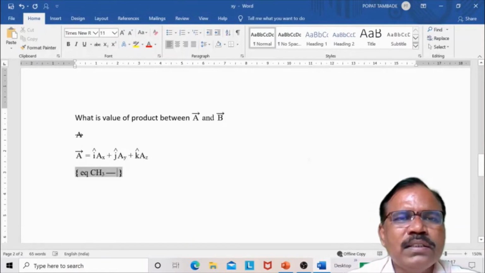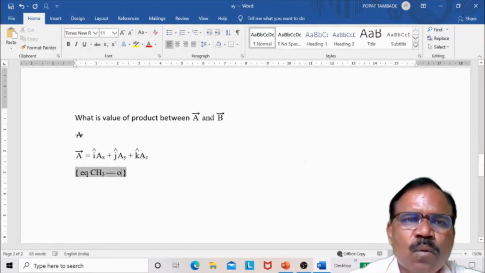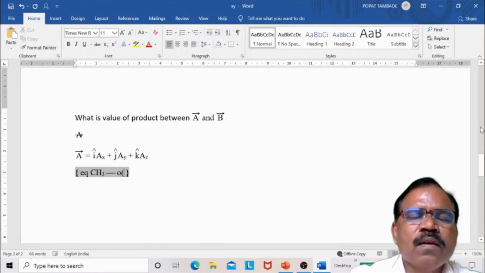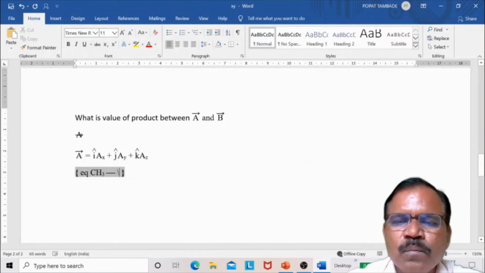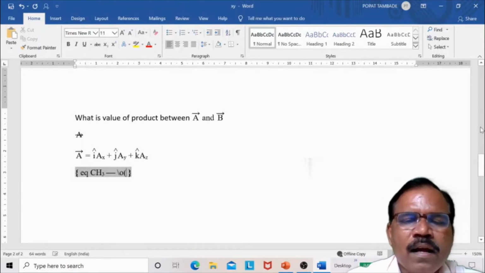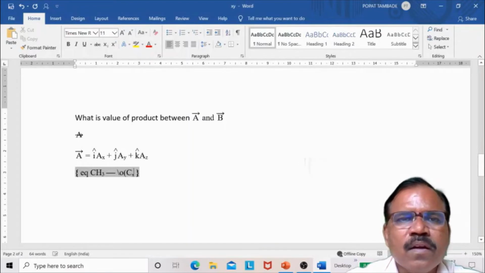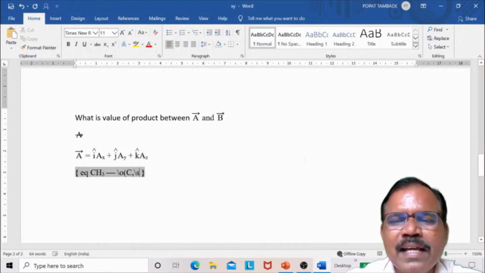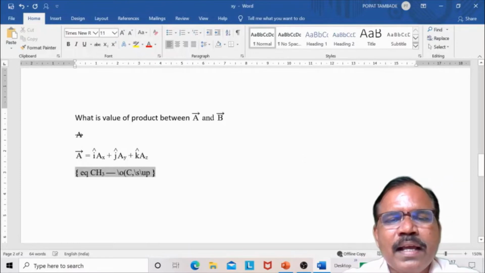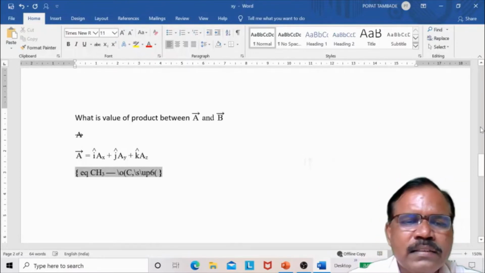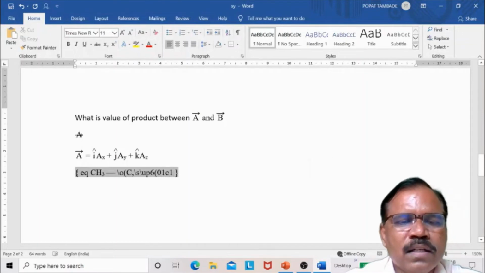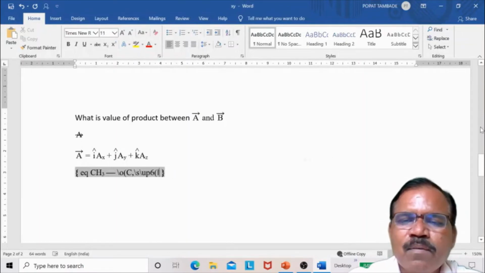Then I want C double bond O. So I can take here O. Now C, and as we have taken here, backslash O. Now C, comma. Now backslash s backslash up, I can take 6 points, and then I can take 01C1 Alt X. I get the double bond symbol.